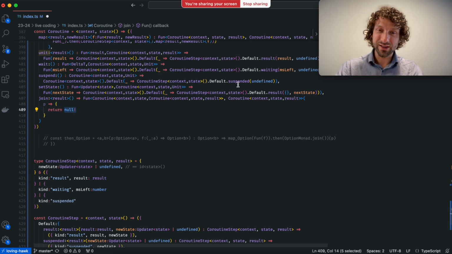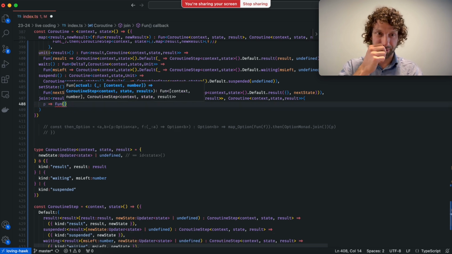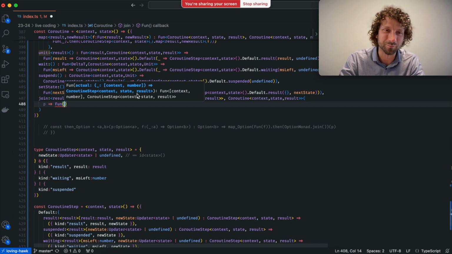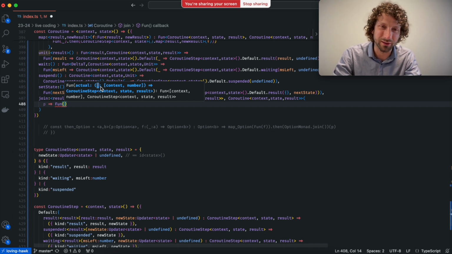Okay, so I just return this new coroutine because it's a synthetic thing that I can just build, so I don't even need the curly brackets here. I can simply say, okay, fun. And this is the actual coroutine. Look, the signature of this is, okay, it takes the actual coroutine, and this actual coroutine is a function that takes as input the context and number, and returns the coroutine step